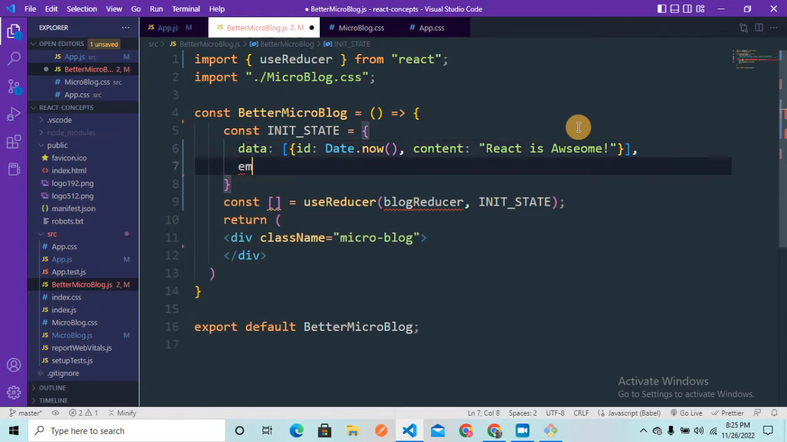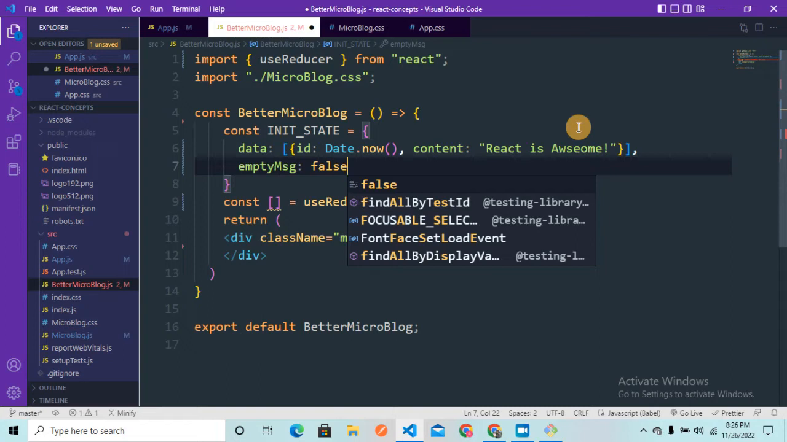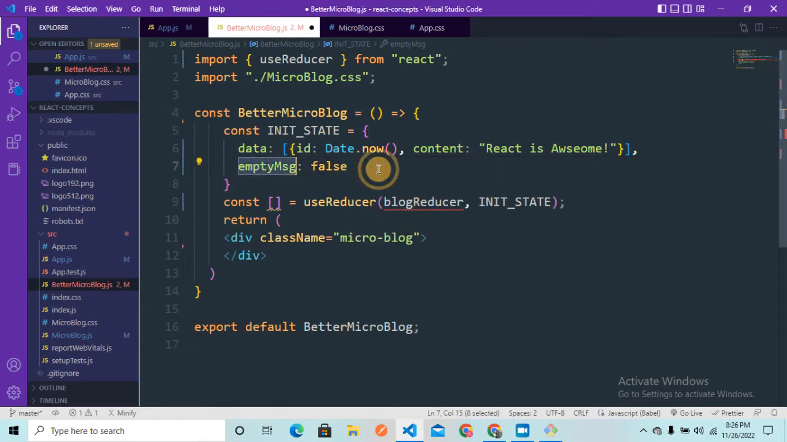Now let me add another property as well. This is going to be emptyMessage, and it is going to check whether the field is empty or not. I'm going to show you in later cases where we'll be using this emptyMessage. That's all. Now we have initialized the state, and this initial state we are passing here in the useReducer,